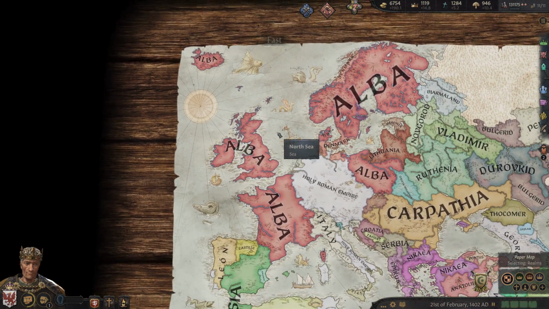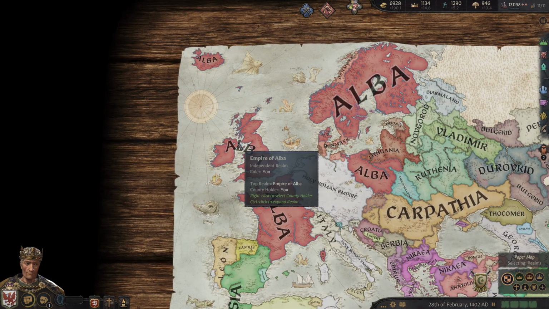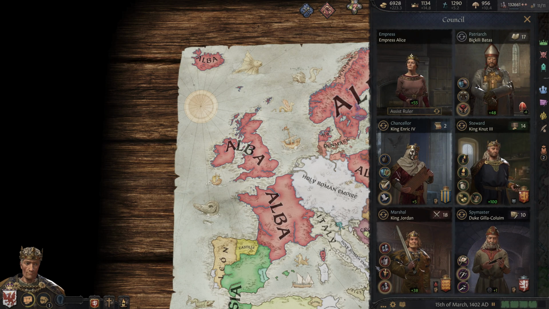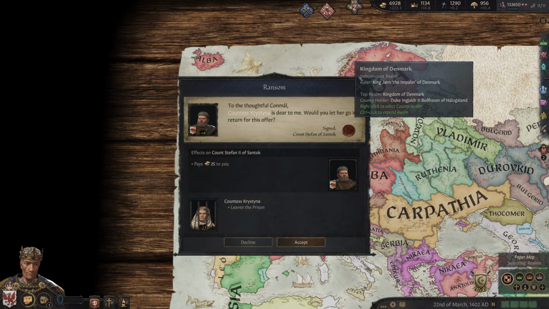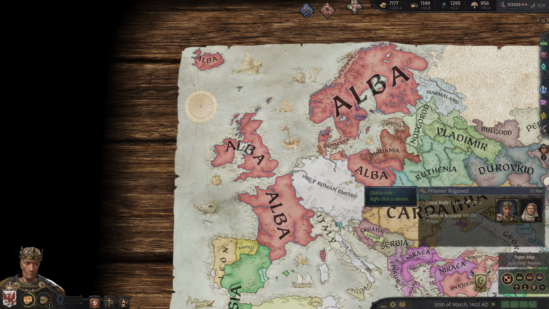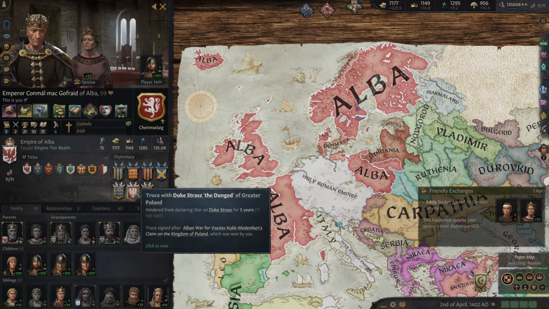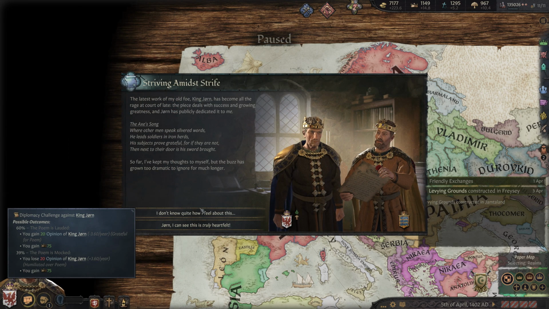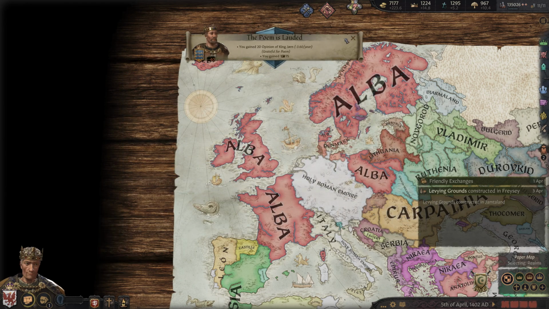Cool. And at this point, we don't need to care so much about our Tetris. Our council is going to be a little awkward for a bit, but that's fine. Sure, we accept this ransom. How are we doing on our Denmark truce? 3 years. Okay. It took us a while to figure out how we wanted to get that set up, so...